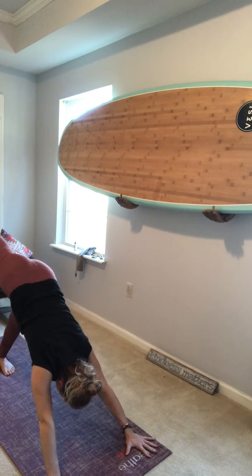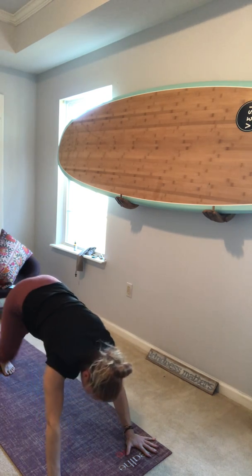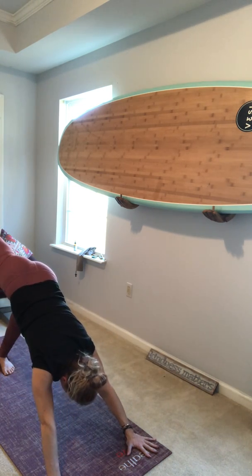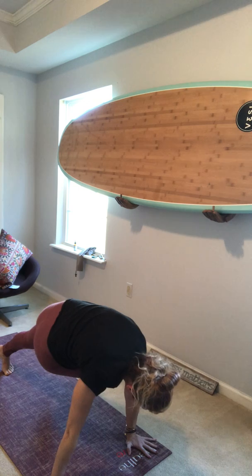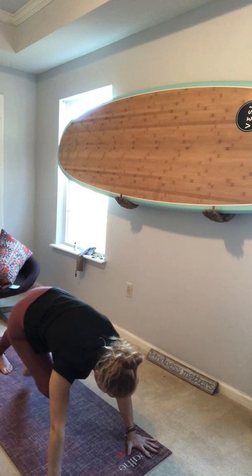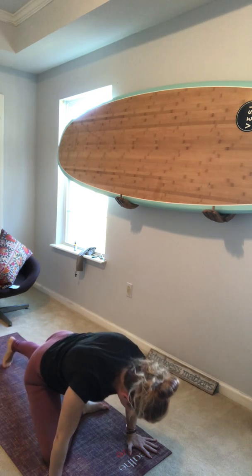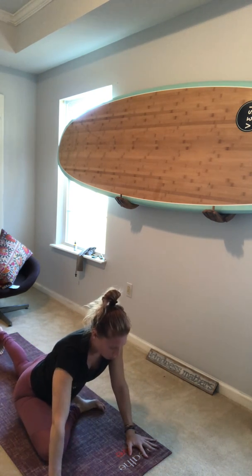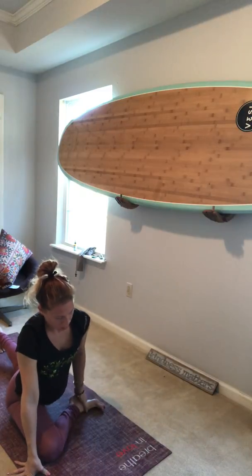Back up high, and knee to the right tricep. Back up high, knee to the left. Back up high, pigeon pose. So lowering the knee down, sending the left leg back long, keeping the toes curled under,